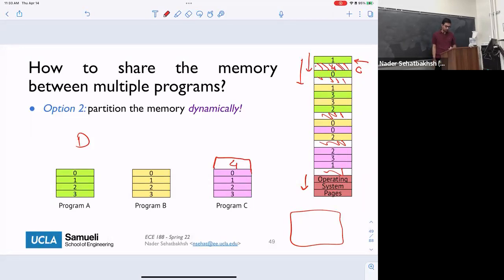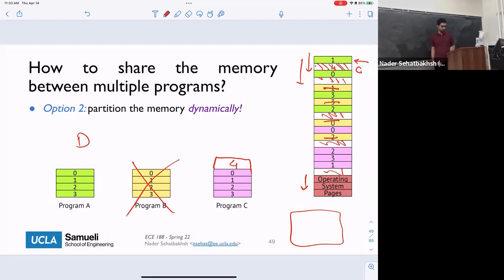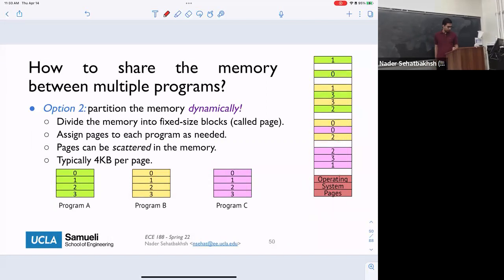Now that we have this page concept, we can deal with shrinkage or expansion. We can deal with new programs and old programs. If a program for some reason is no longer active, we can go and free the spaces here, here, here, and here, and then assign new pages. So it's what I just described: pages are fixed in size, and they can go in different directions. Any questions at this point?